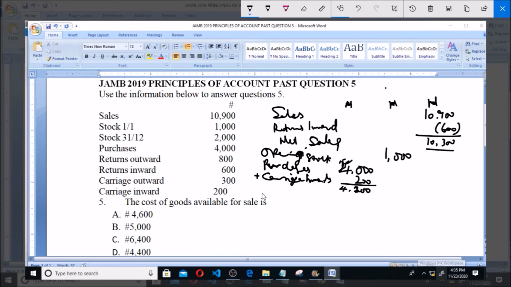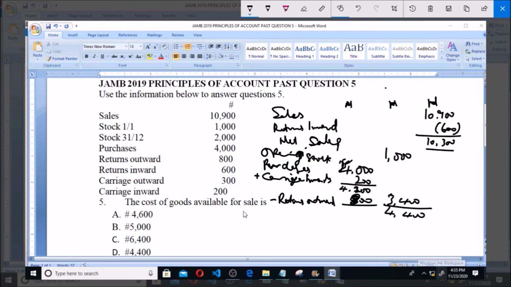Then from this figure, we're going to less our returns outward. By the time we less it from this, we're going to have a total of 3,400. Our returns outward is 800 naira. So this will give us 3,400. We add it back to our opening stock, it will give us